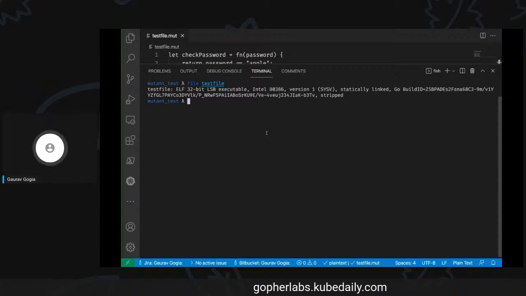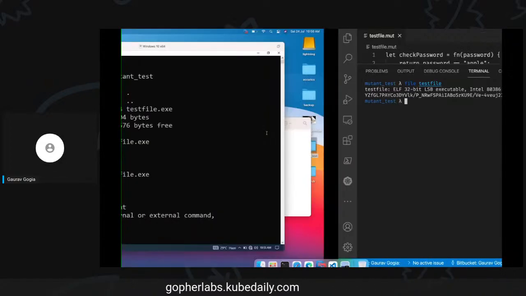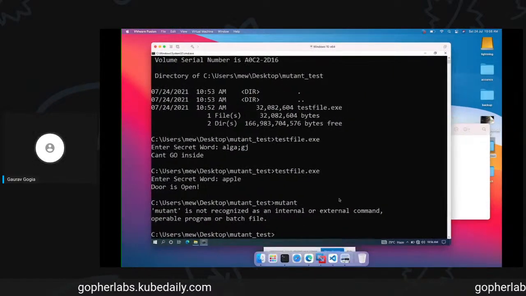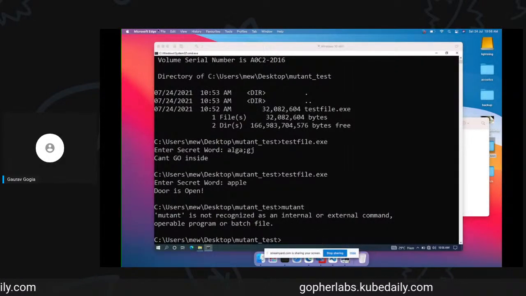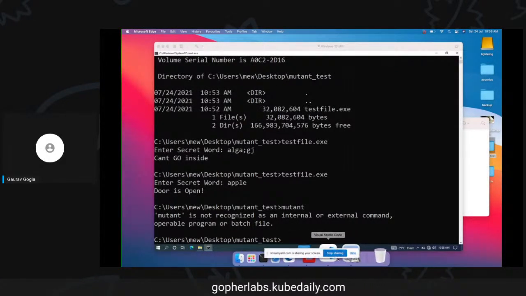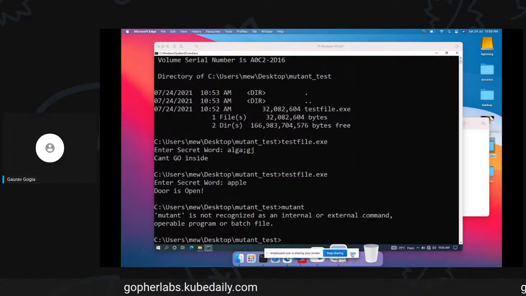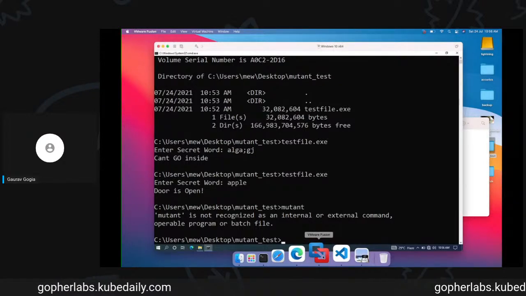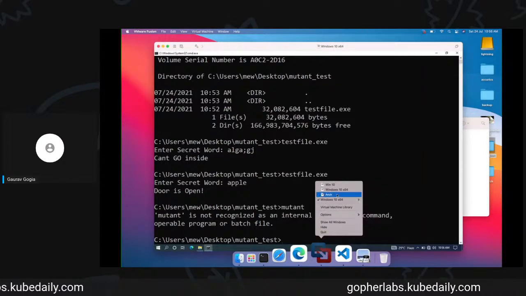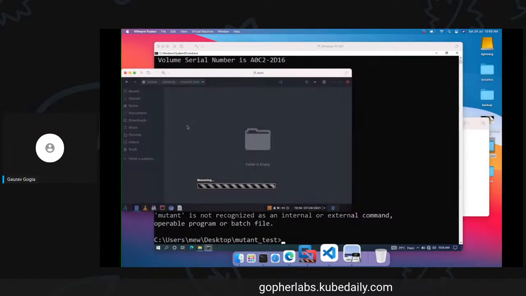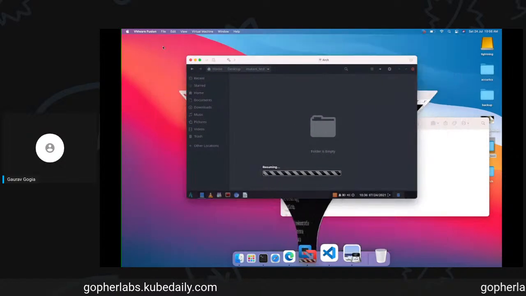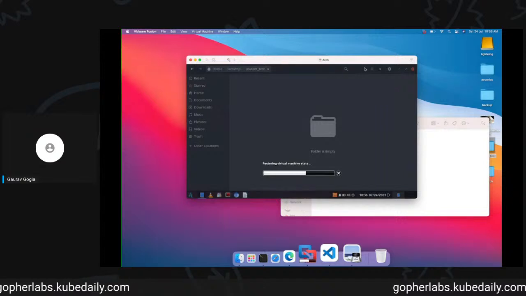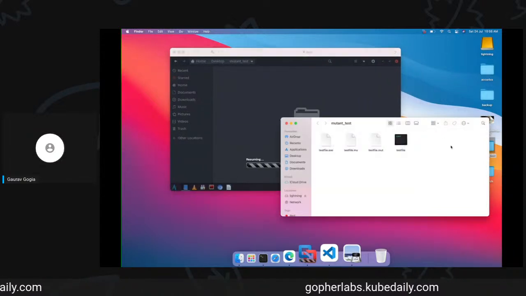But does this file really work? Let's see. We also have a Linux virtual machine somewhere around here. And here we go. And we have restored the state.